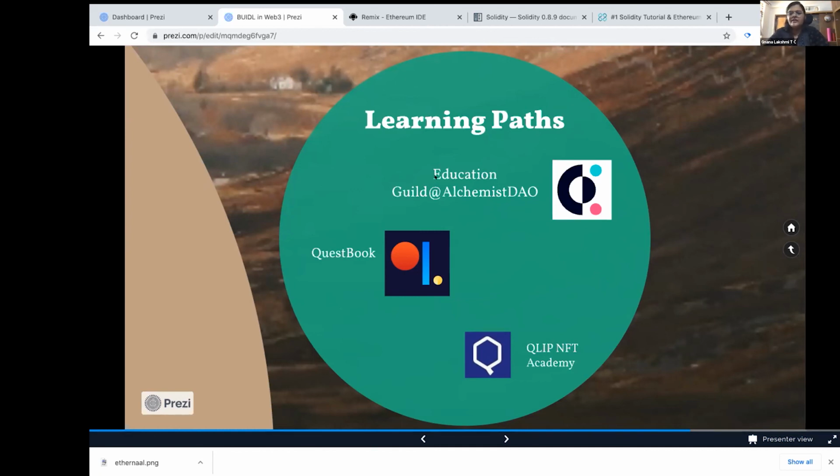We have the Education Guild at Alchemist DAO, which is a DAO by Covalent. And I'm one of the deans at the Education Guild. So we do a lot of interesting workshops. In fact, we have one scheduled for this Friday. We have a lot of workshops on different topics in the Web3 and the Web2 space. A lot, not just for a developer audience, by the way. We have workshops for audiences just curious to learn about the crypto world. We have workshops on fitness. We have various different guilds as well that you can join.